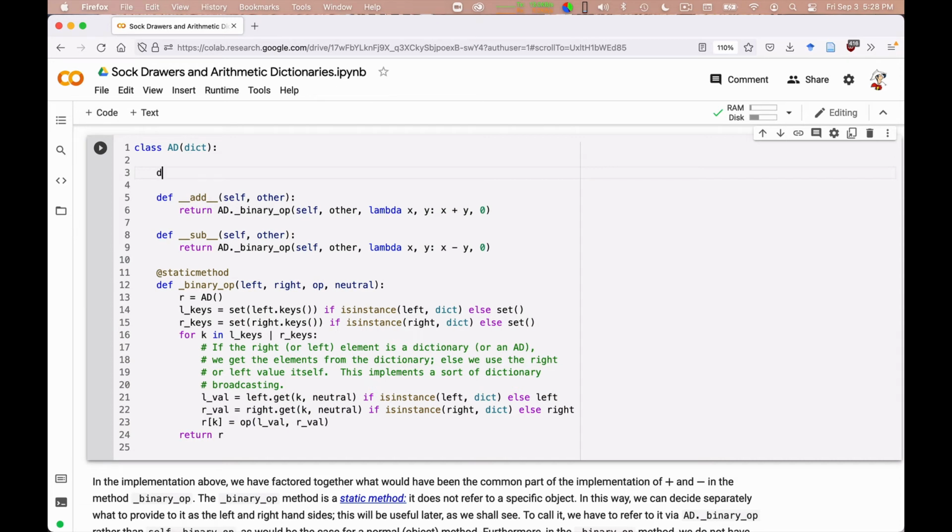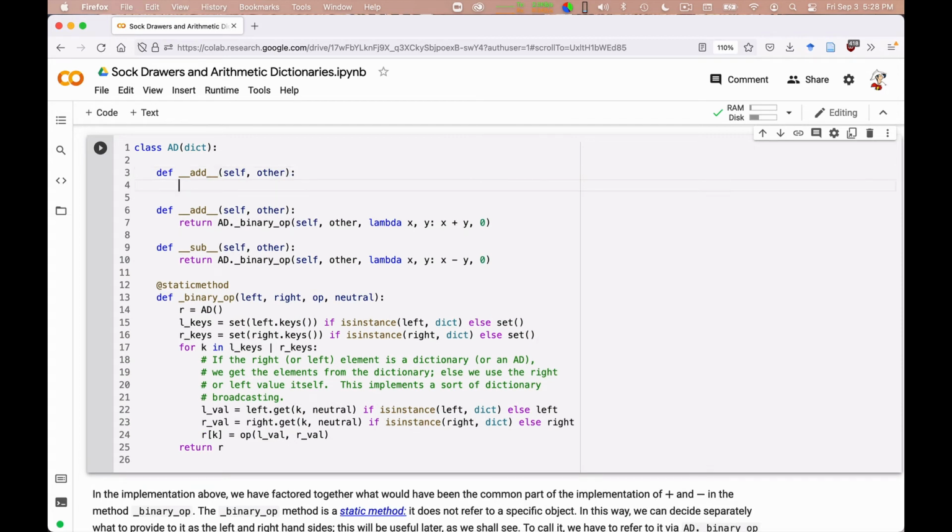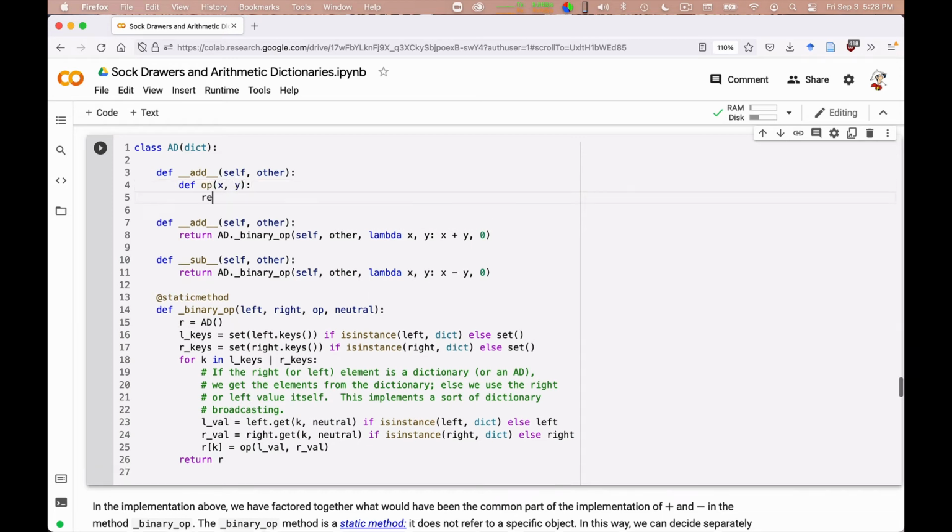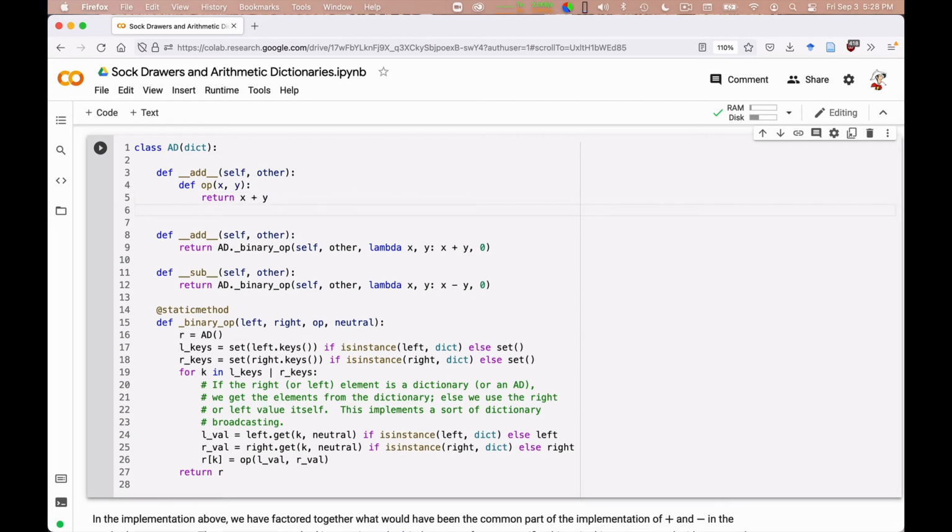I would have to say def __add__(self, other). Okay? And then I would write something like this. def op(x, y): return x + y. Yes, believe it or not, you can nest def.